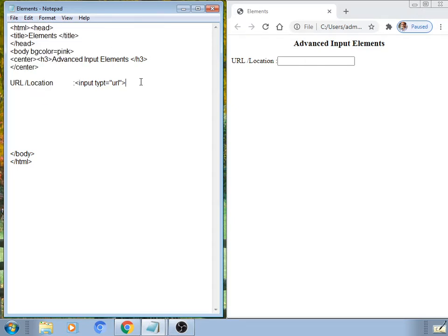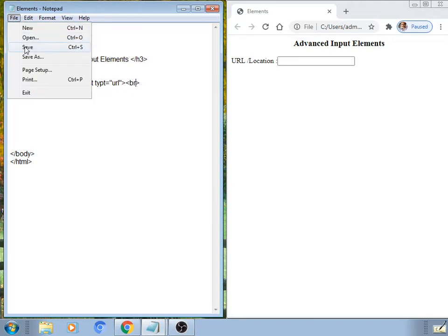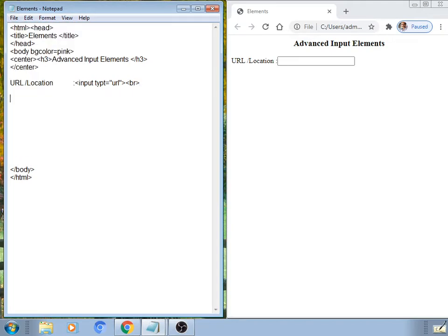Next to that, we will see the next element, which is nothing but the image box. Before applying such an image box, we should give a name for such a box, as we have given here for the location box or URL box.